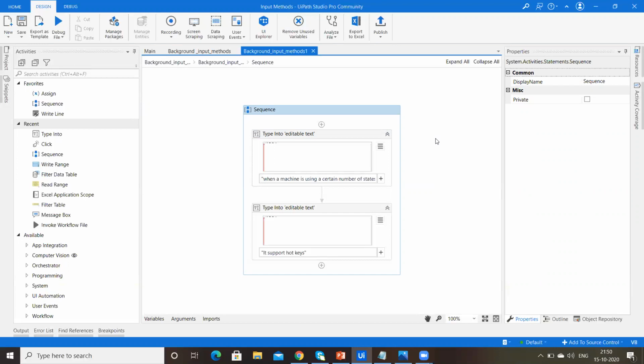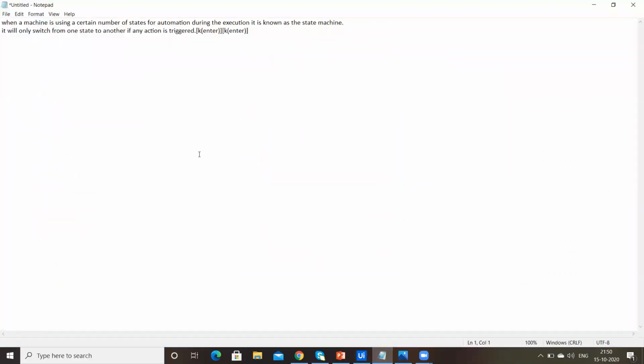And let's see now whether it supports hotkeys or not. See here, it is showing the K enter. So it is not supporting hotkeys.